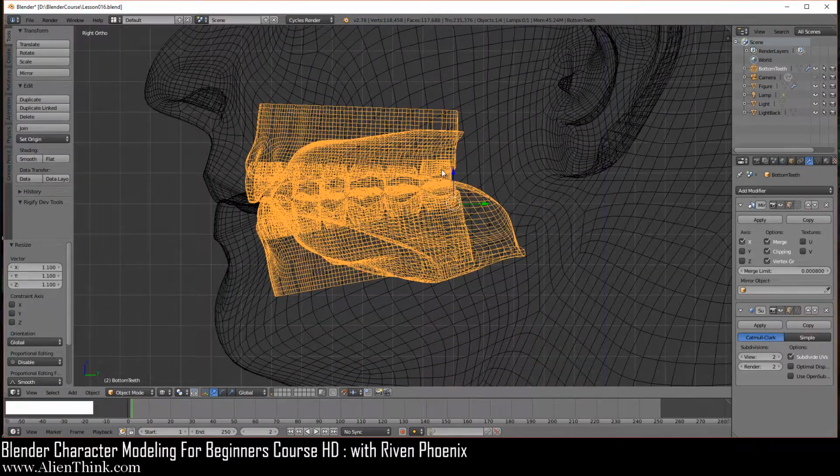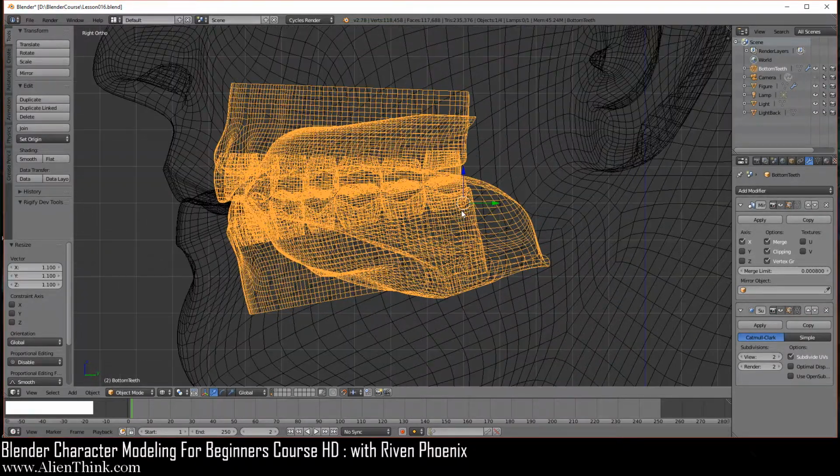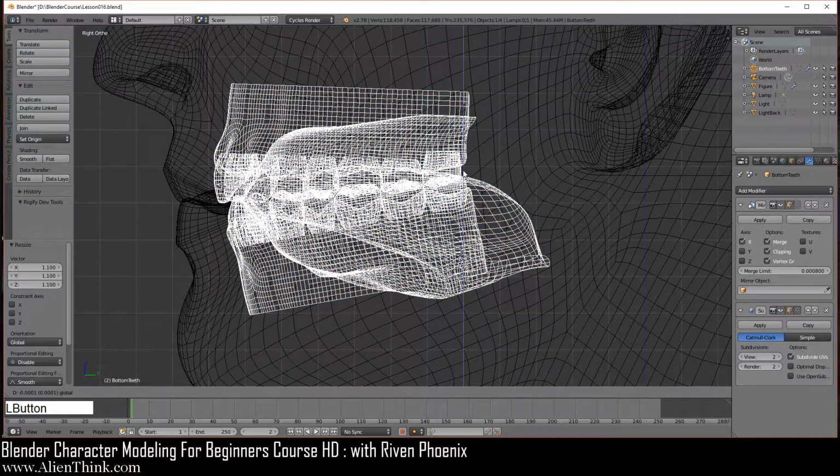Now we're going to actually bring this down. We can't do it with this because the movement that we're looking for is going to be pretty small. So click this off. When I start to click on this blue arrow, I want you to look over here in the header. It'll say global, and right next to the left of global are the numbers that you're looking at. So I'm going to click on the blue arrow and bring it down.